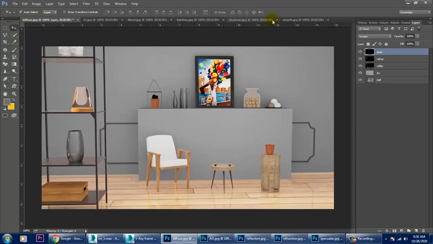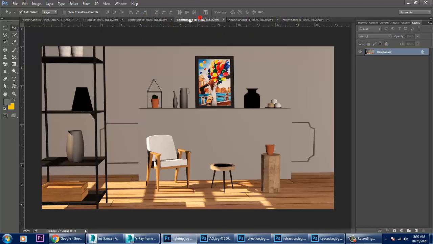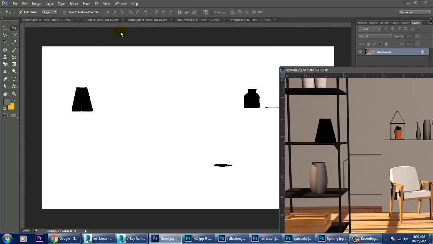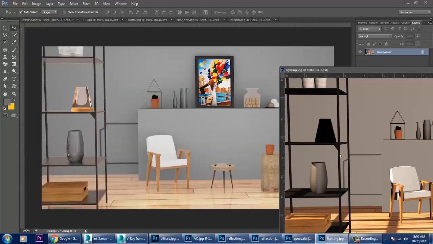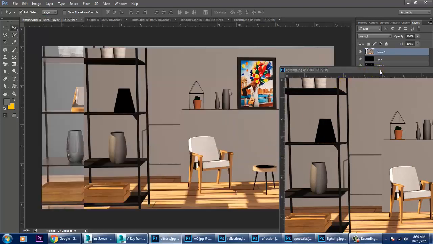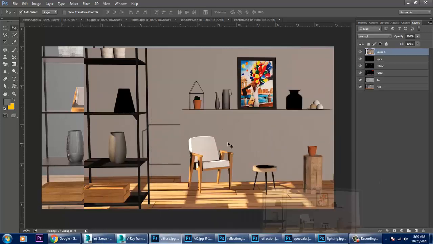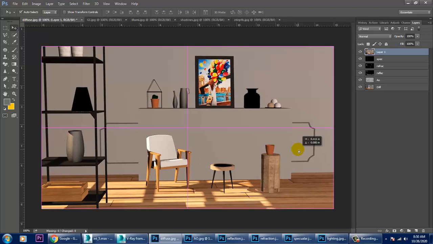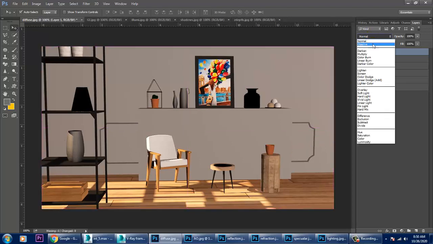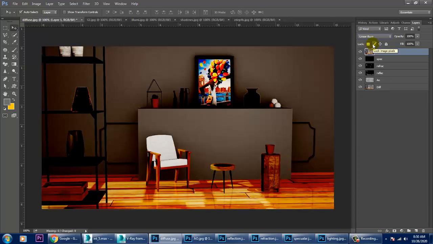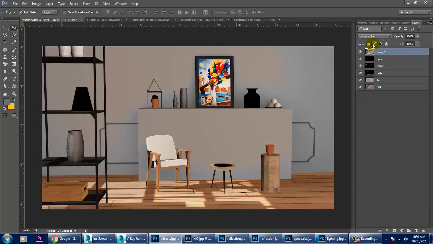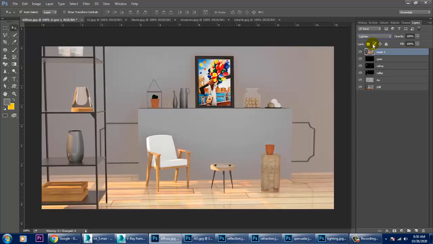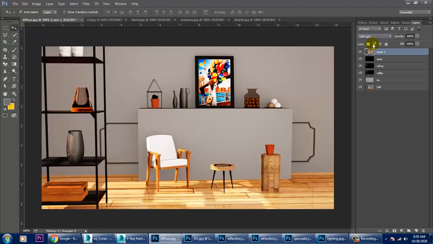You can also use a lighting pass on top of it. So first illumination, your lighting pass. Let's just drag and drop. This looks good.